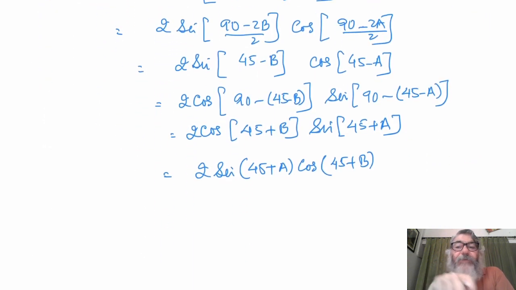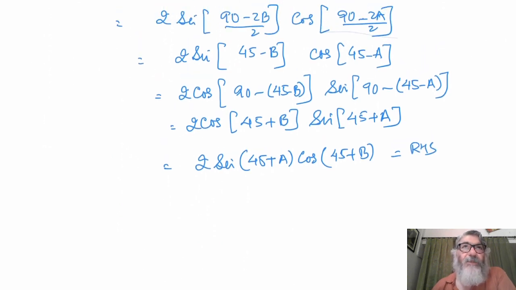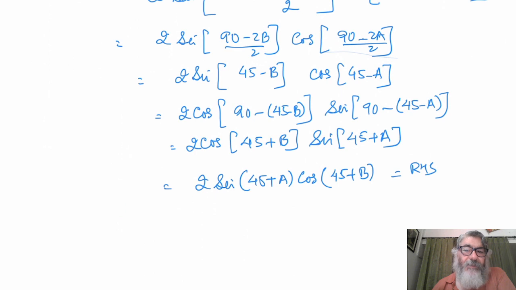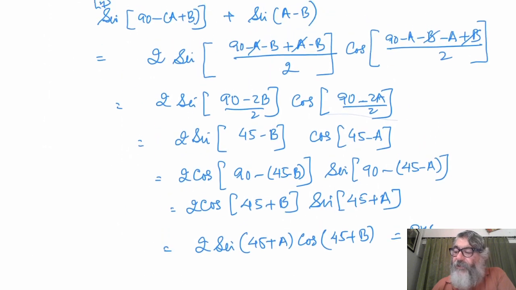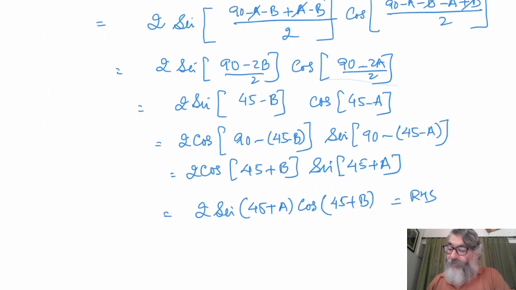The only thing we did in this was use the change: sin 90 minus theta is cos theta, cos 90 minus theta is sin theta. Just change, because accordingly we have to manipulate. As we told you, we have to manipulate the things. In trigonometry, the main observation is manipulation. Now let us see question number 5.